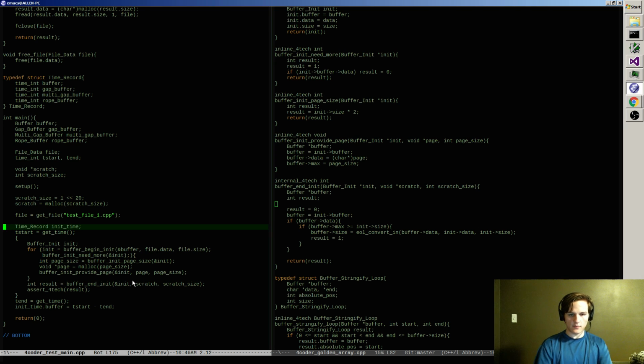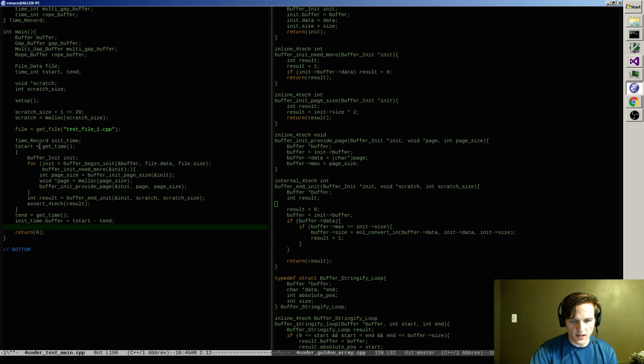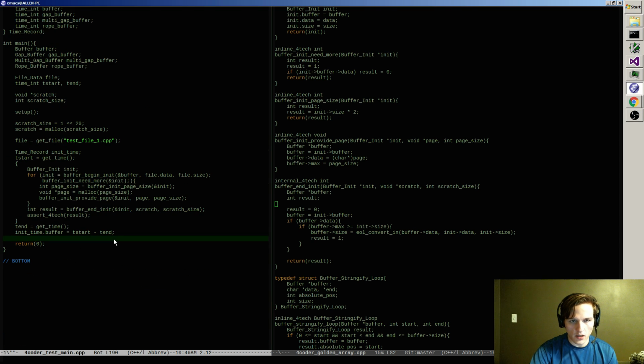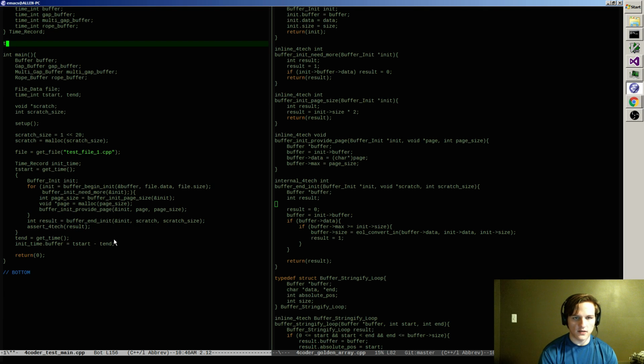So let's do the same thing for every type of buffer now. And this is where it's going to get annoying because I'm going to have the same thing pasted 4 times. You could consider doing a template there. You know, I'll give it a shot. I'm hesitant about the idea, but I like to give it a shot.